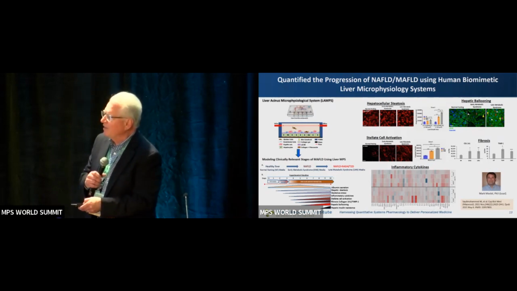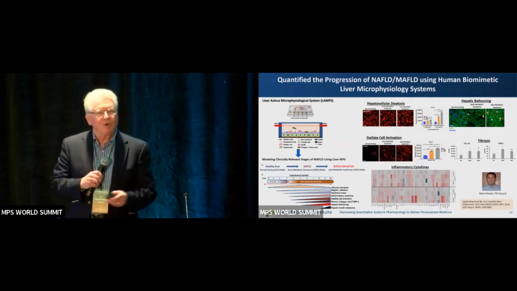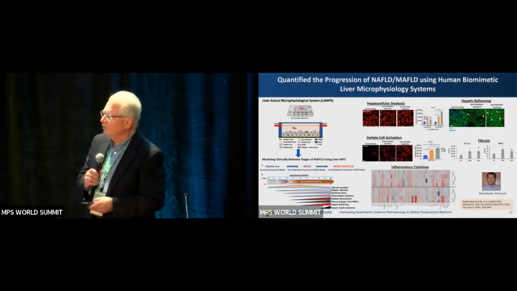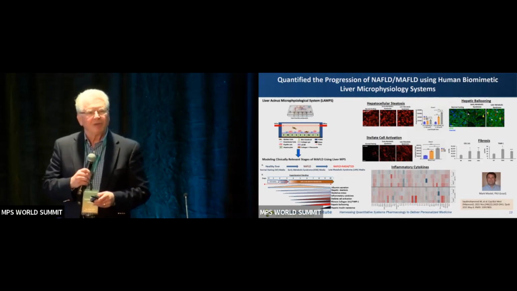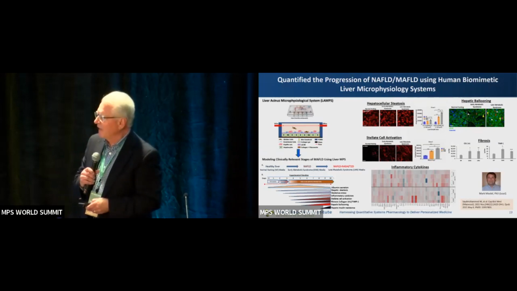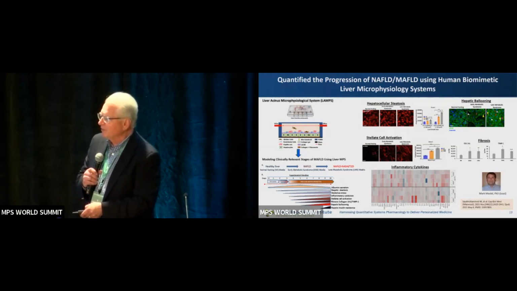We can drive it into early metabolic syndrome by the addition of more insulin and free fatty acids, and can drive it into NASH by a further addition of immune activation factors. This is a summary of some of the main metrics, and I'm not going to repeat all of the data that Summer showed, but we get